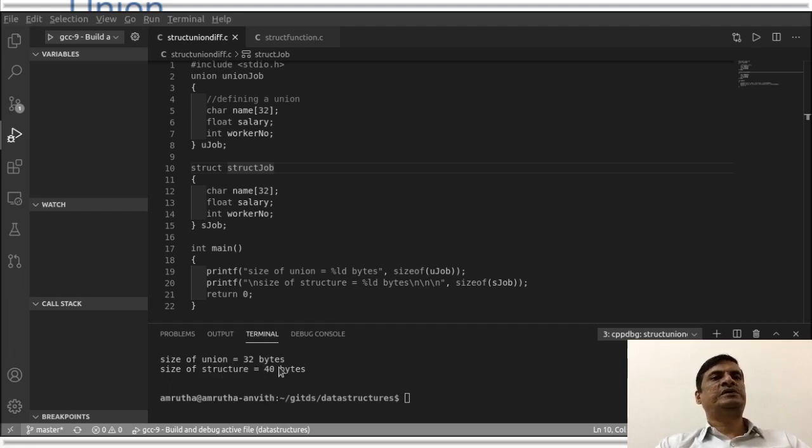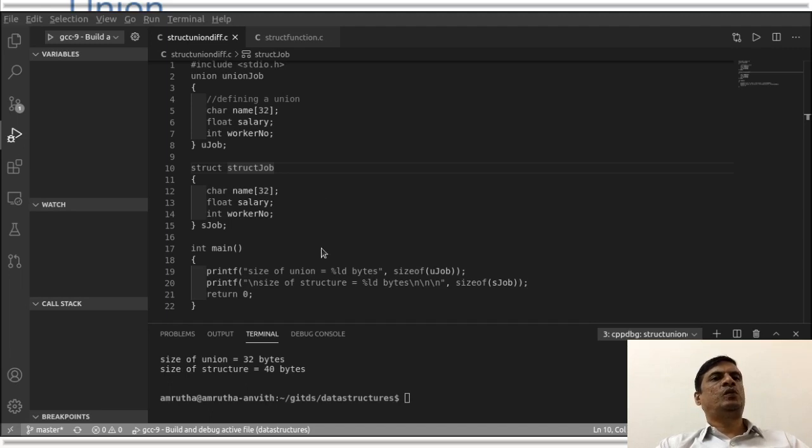In my machine I am running this in VS Code on the Linux platform. For the structure I got the size of character plus the size of float plus the size of int, so totally I got 40, whereas for the union, the size of the largest member is 32 bytes, so the size of the union is 32 itself.